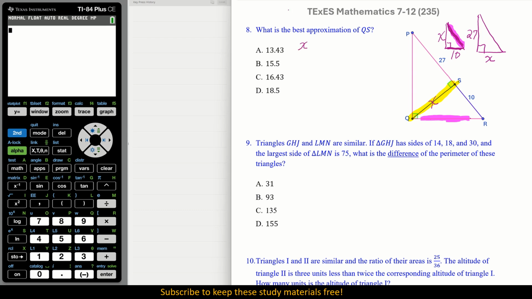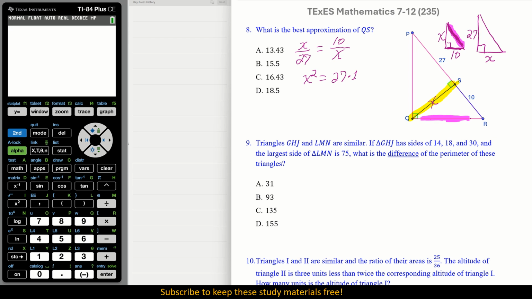So that gives us X over 27 is equal to, go back and put the 10 over X. So now we have X squared equals, I'm going to move down just a little. Okay, that's better. Well, I say that now it works. Okay, that was a delayed reaction. X squared equals